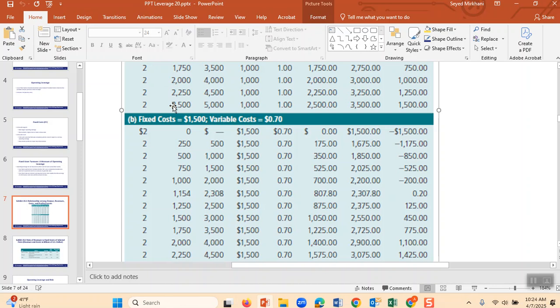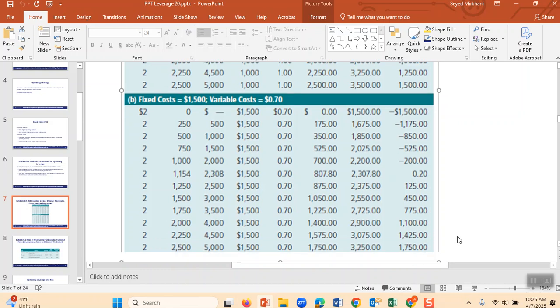And then if you look at here, you see that in this case, you have to compare them. The bottom line says that if McDonald's sells 2,250 Big Mac at the very bottom, it makes 1,425.